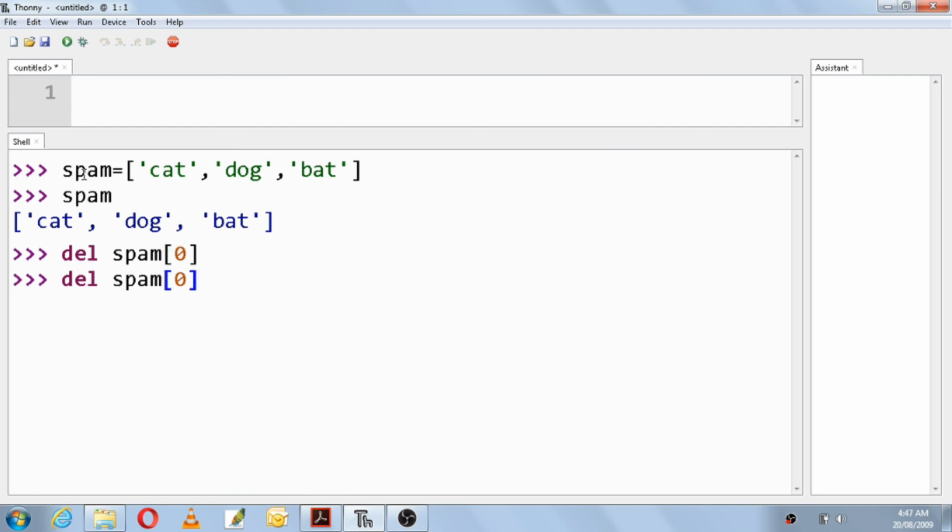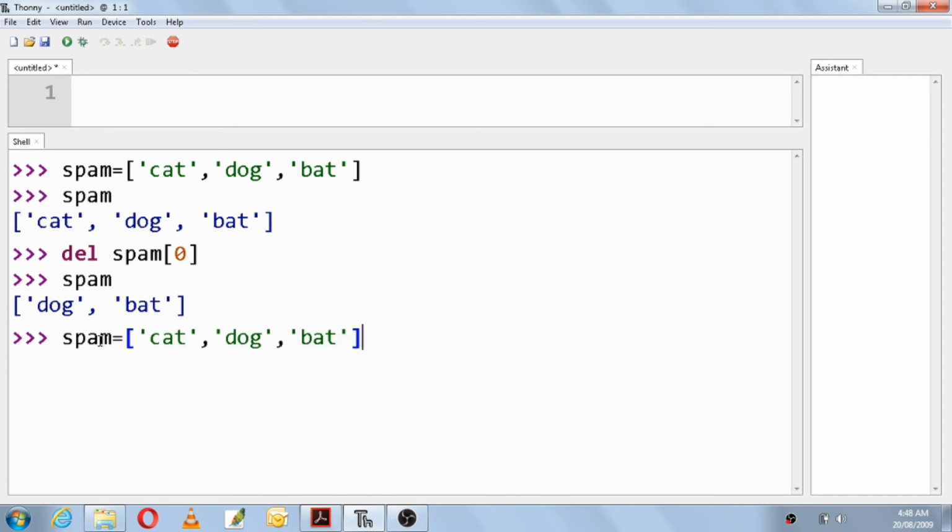If I print spam, what got deleted? Cat got deleted. Then next you can delete spam of 1. Spam of 1 will delete bat, because here the new list is dog and bat, so spam of 1 will delete bat. Print spam, and what remains is dog.